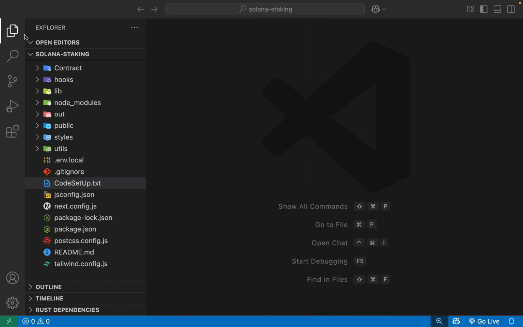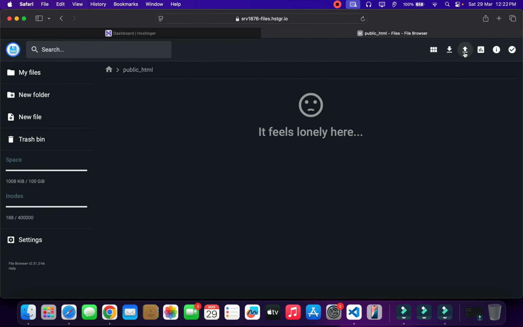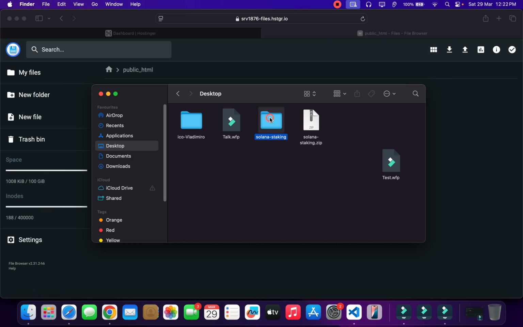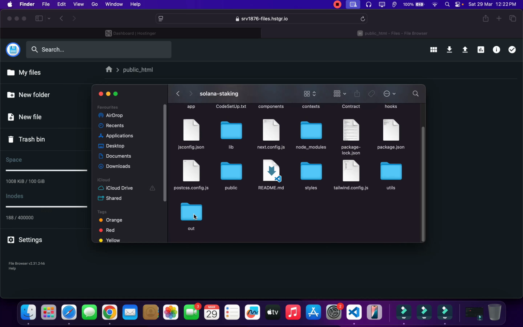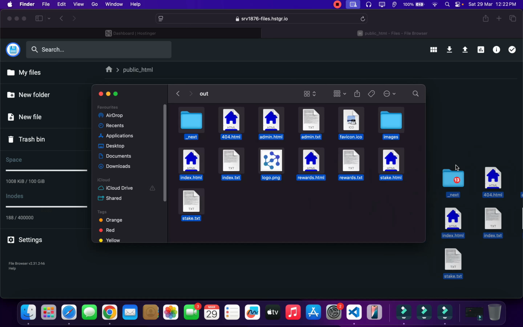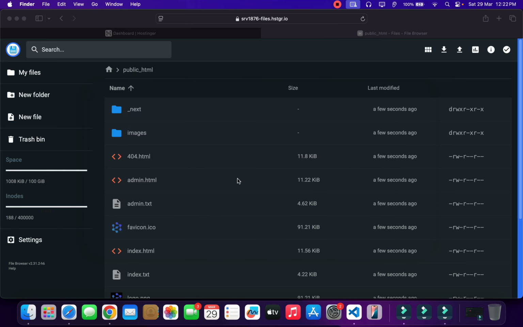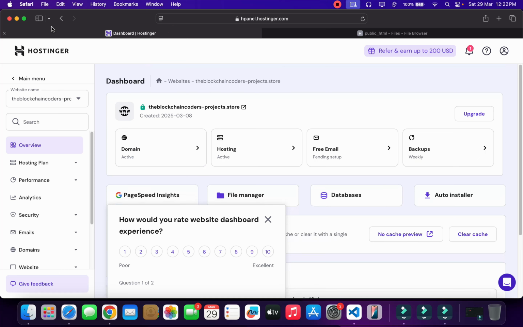So come back here, I'm going to minimize this one and come back here. Now okay, you can click on this and go back to the desktop. We have the staking and we have this out folder. This is the one. Open this one and now we can simply select all of that, and that's what we have to upload. We got all the code right up here. It's successfully uploaded. Now you can come back to the hosting and give a quick reload,